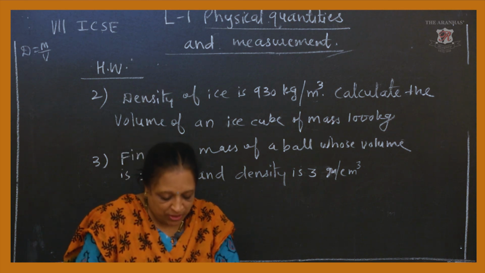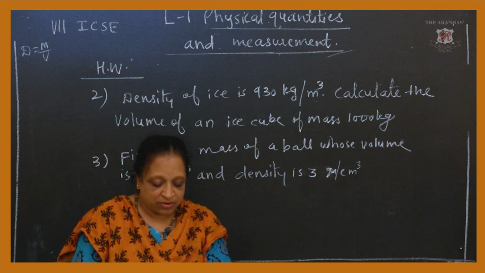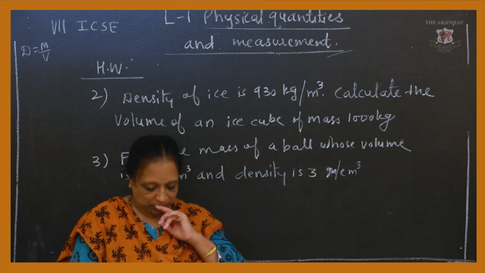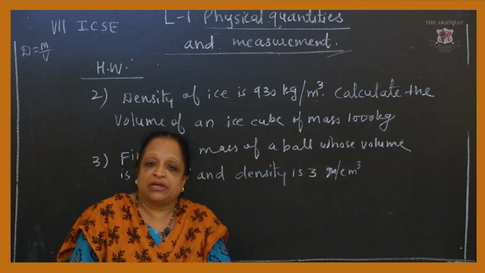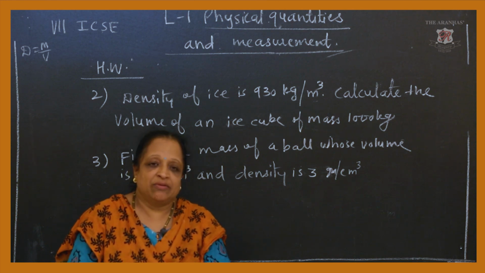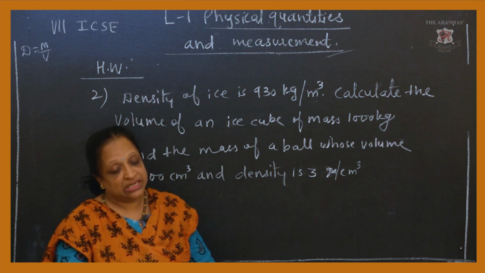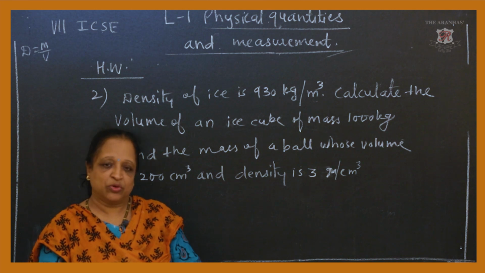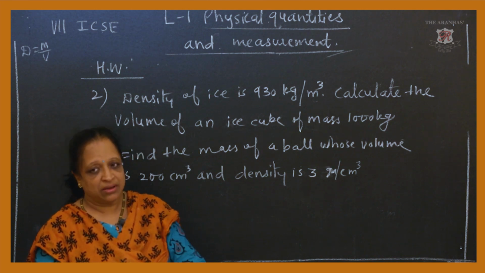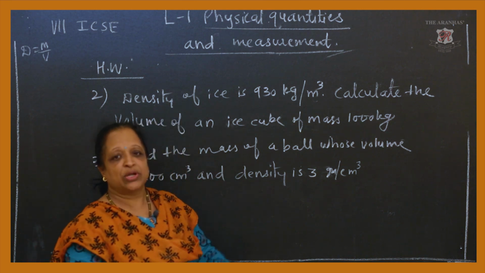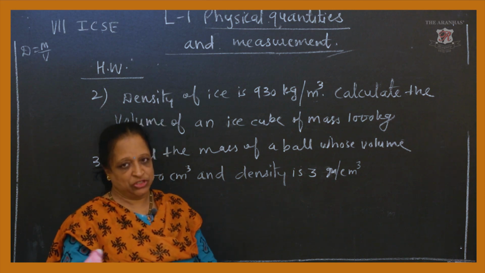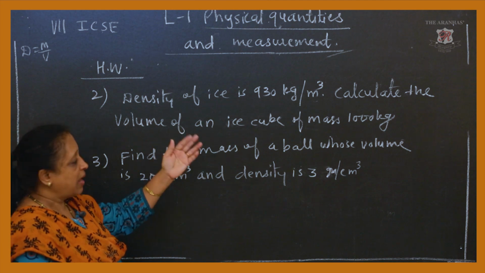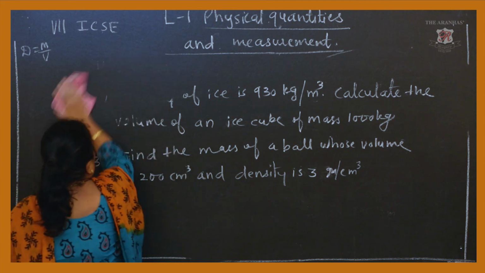And the formula to calculate the volume of a sphere, we know that it is 4/3 pi r cube, where the value of pi can be 22/7 or it can be 3.14. It depends upon your convenience how you are going to take it. In both ways, the answers will remain the same. That is not going to affect the answer which you are calculating. Hope you have copied. I am rubbing the board now.